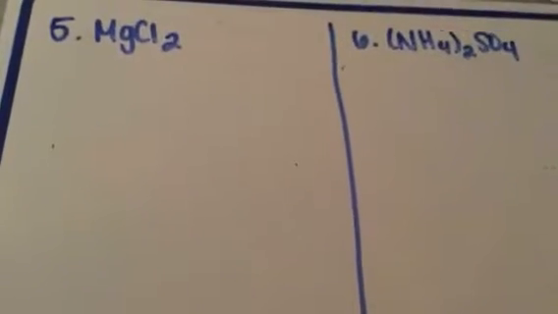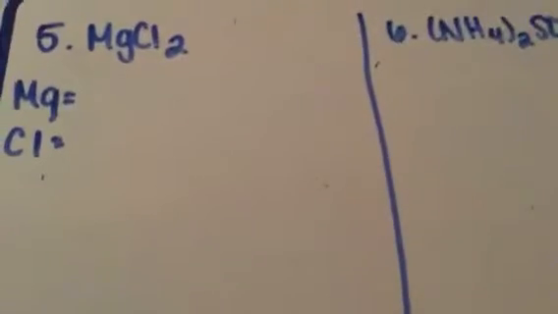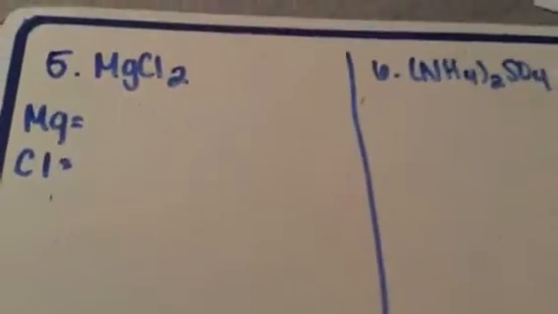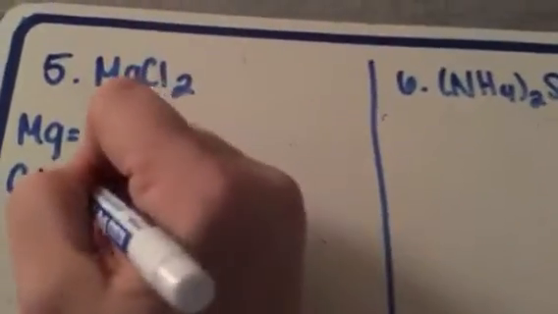To find molecular mass, you're looking at a compound, but you have to break it down into its individual elements first. So in magnesium chloride, I say that I have magnesium and I have chlorine. And then we have to acknowledge the atoms that are present in this compound. So in this compound, we only have one atom of magnesium. I know that because there's no subscript. And then we have 2 atoms of chlorine